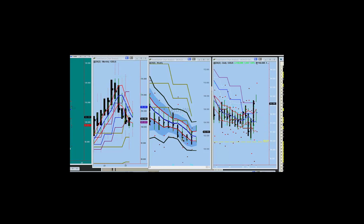But look where it stopped now. It stopped at the top of the weekly envelope, and we're at the monthly live dot here, so we'll see how this resistance strength holds. This could be just a dash to the upside, and we'll see it go down. But the market is saying that the dollar weakness is overcooked right at the moment, anyway. So